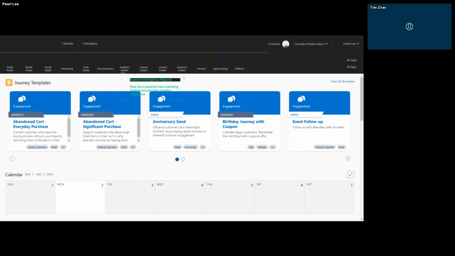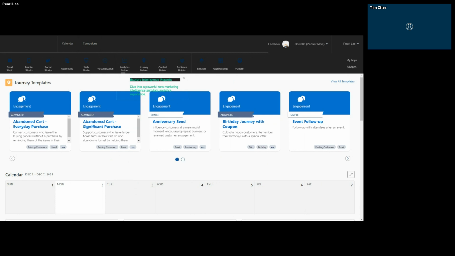All right, perfect. Okay, so the first thing we're going to want to do is build a data extension that we can use to capture data from our subscribers.